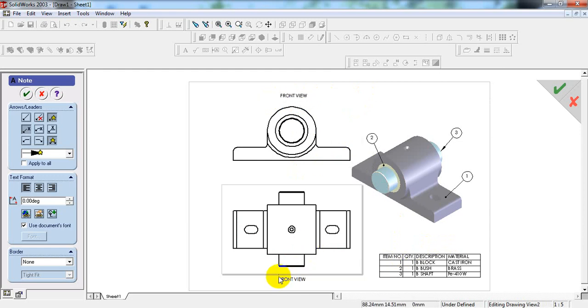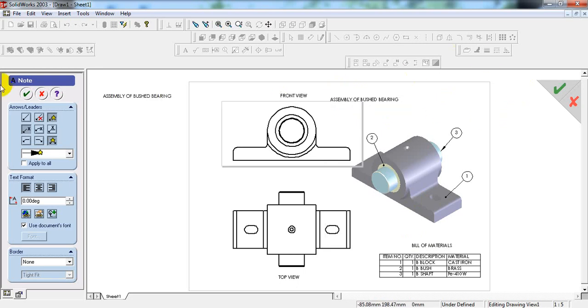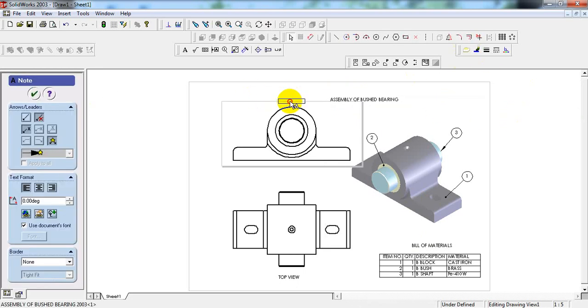This is the top view. This is the bill of materials table. This is the assembly of bushed bearing. Okay, select OK.